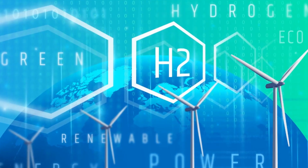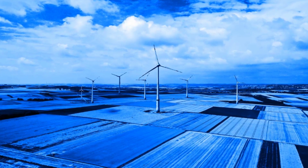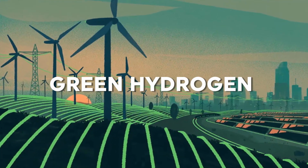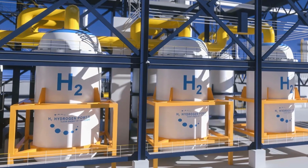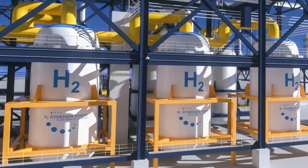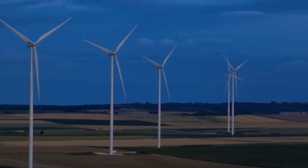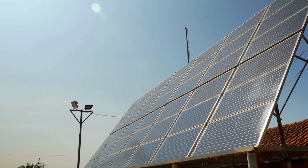Green hydrogen is hailed as the cleanest form of hydrogen production, relying on renewable energy sources for its creation. Green hydrogen boasts several compelling advantages, including its remarkable attribute of producing zero carbon emissions. This feat is achieved by harnessing renewable energy sources like wind or solar power to conduct electrolysis, efficiently splitting water